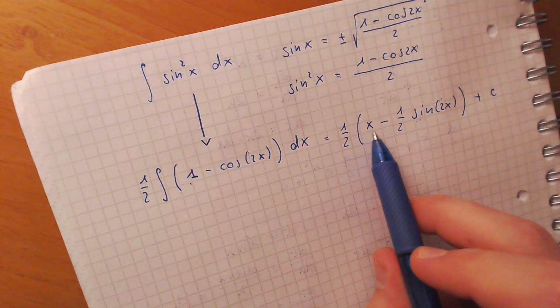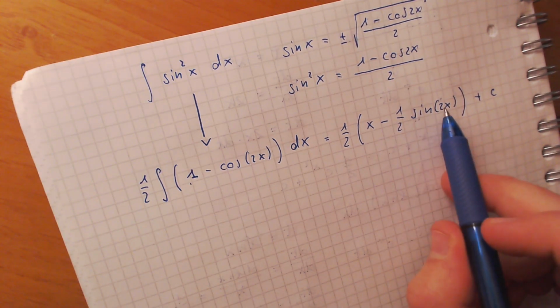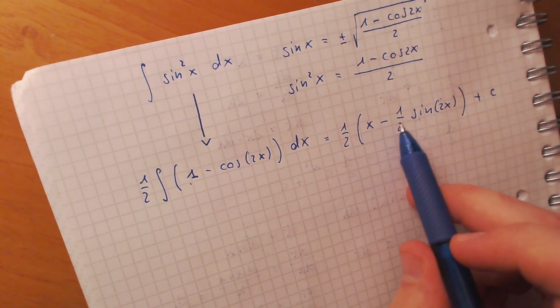negative you get 1, and then the sine becomes cosine, and then we have these 2, but we have also